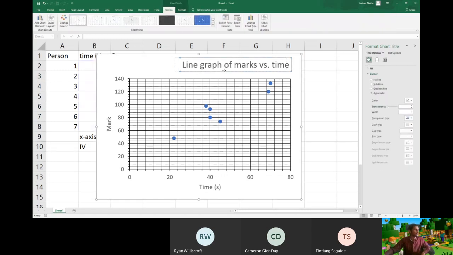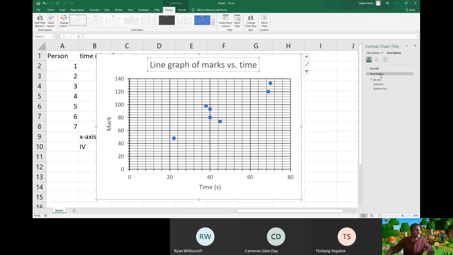And if you want to move it, you can just click it and drag it, rotate it to where you want. And it's very difficult to see, but actually this text here is gray. So to change the text color, you click on it. On the right-hand side, it opens up to title options. You want to go to text options and change the text outline